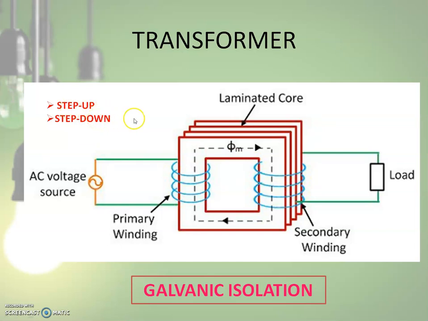This depends on the magnitude of voltage at the secondary side. If the secondary voltage is higher in magnitude when compared to the primary, it is called a step up transformer, and this happens when the number of turns in the secondary is larger than that in the primary, as seen from the diagram. And it can be a step down transformer if the number of turns is lesser when compared to the primary.